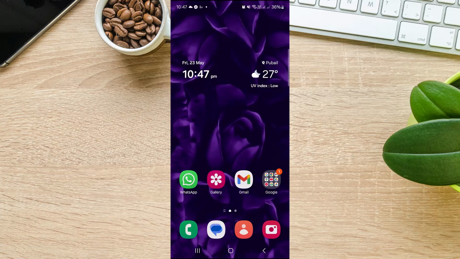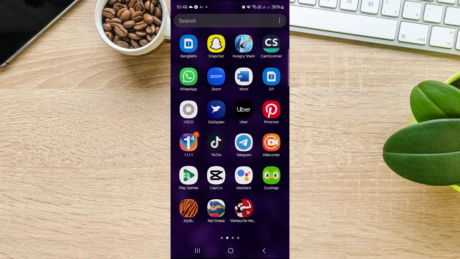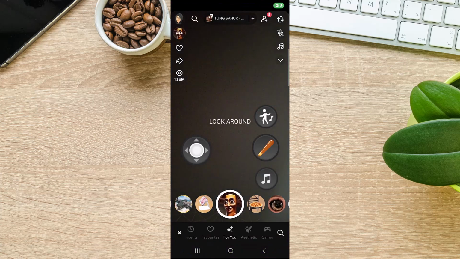In today's video, you are going to see how to see recently watched reels on Snapchat. So to do that, I'm heading over to the Snapchat application first. Once in there, I'm heading over to my